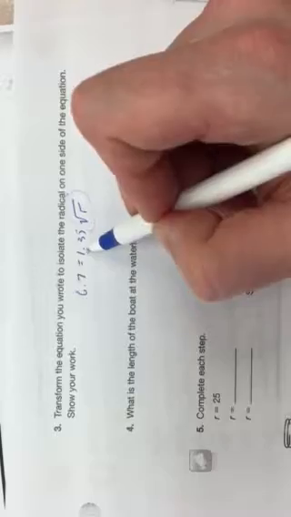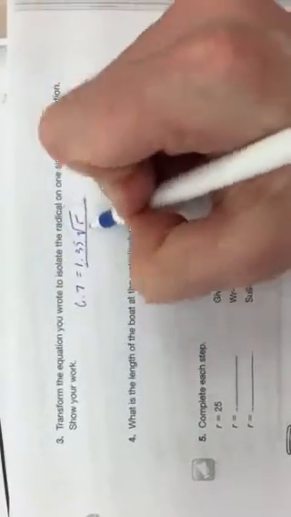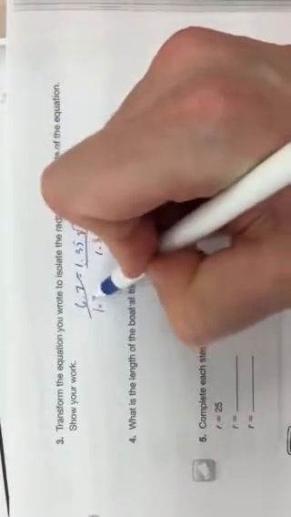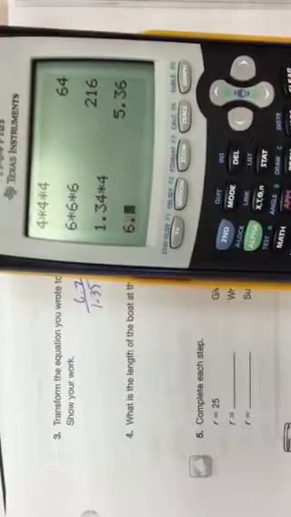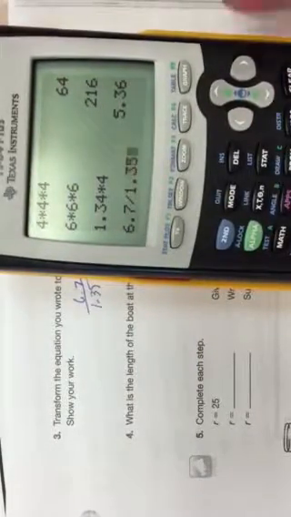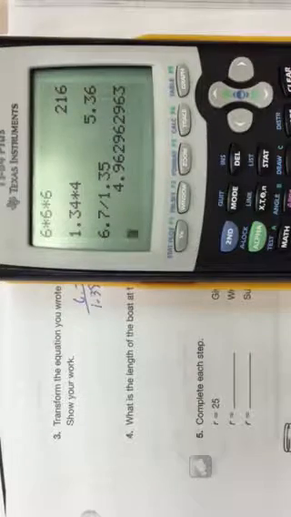Number 3, transform the equation you wrote to isolate the radical on one side of the equation. So let's rewrite this. 6.7 equals 1.34 square root of R, and they want us to isolate this. So isolating it means undo everything that's happening to it. The only thing that's happening to it is that we're multiplying by 1.34. So we divide by 1.34 on this side, and that'll get rid of that. But what you do to one side, you have to do to the other. And we'll use our calculator. 6.7 divided by 1.34 equals